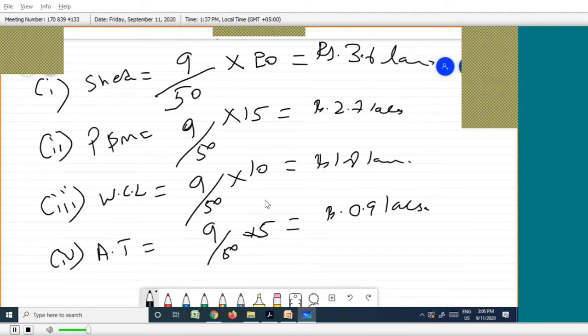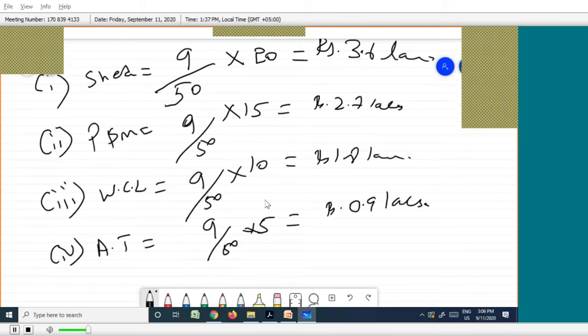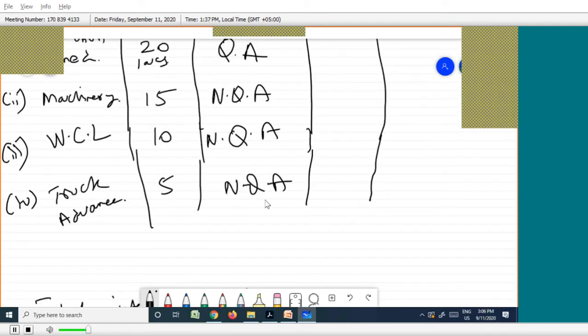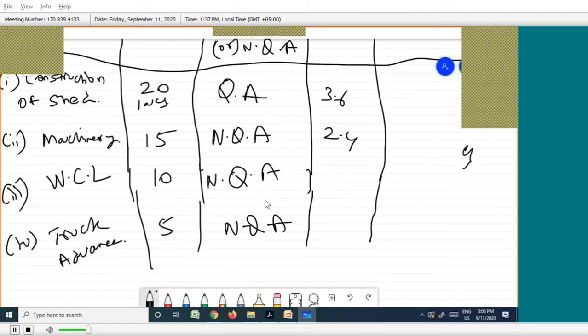What should I do next? I got the interest. Now I am going to write here. Interest for construction of shed is 3.6 lakhs. Machinery 2.4 lakhs. Then working capital loan 1.8 lakhs. Then truck advance 0.9 lakhs. This is the interest portion. Now the main thing of the question is